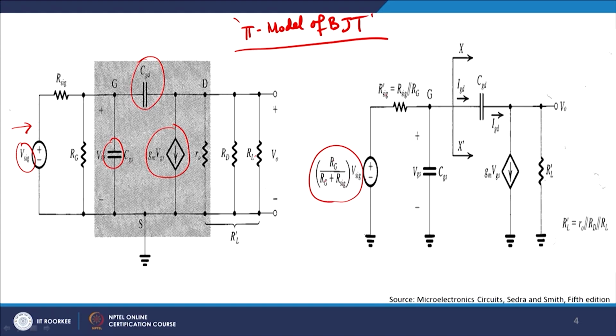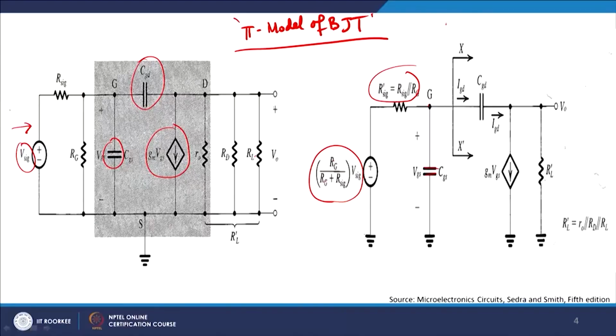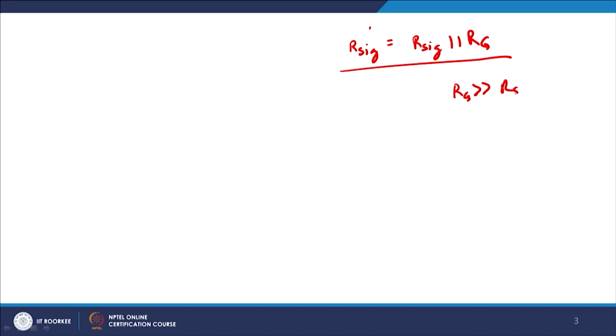Then what we do, Rsig prime equals to Rsig, because these two will be in parallel. So, Rsig prime will be equal to Rsig parallel to Rg, and then the same voltage is fed into the gate side, which is internally having a CGS, gate to source voltage, which is available with us, and this is the input side. And therefore, what people have found out over the years is that Rsig prime will be approximately equal to Rsig parallel to Rg. But since Rg is much larger as compared to Rsig, what we safely can write down is Rsig prime is